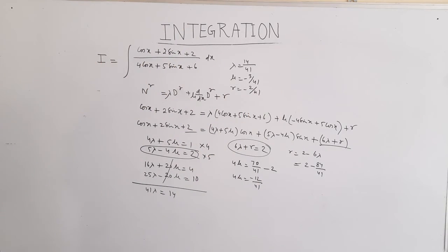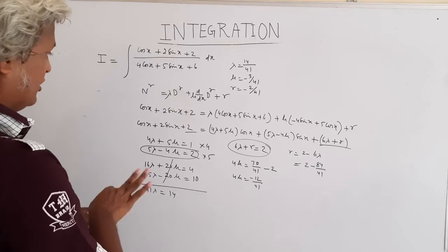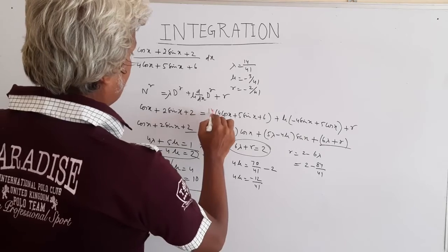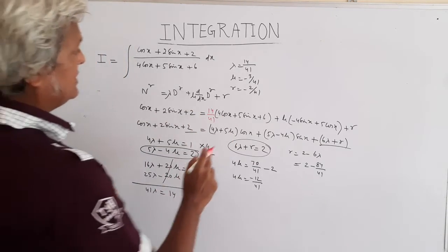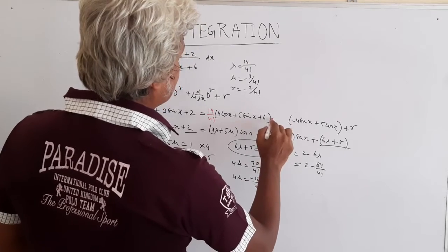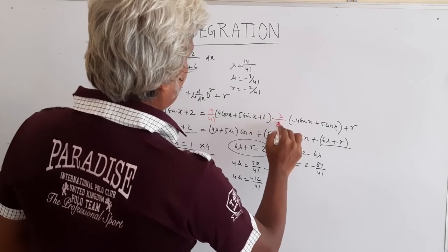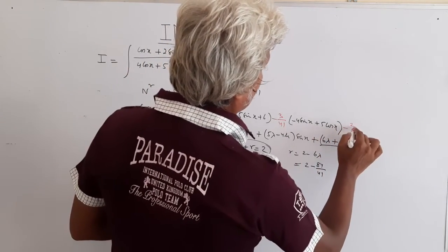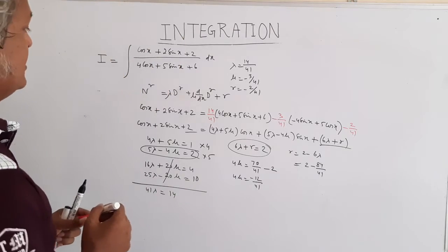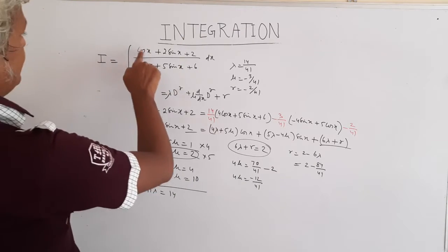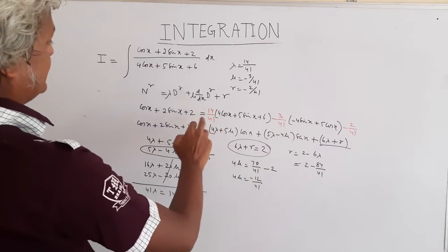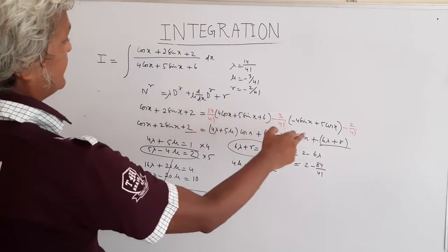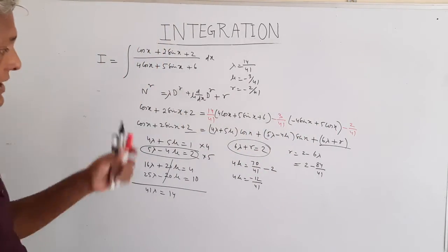So now in our given expression, I have to put the values of all these three into this form. This lambda will become 14 over 41, this mu will become minus 3 over 41, and this r will become minus 2 over 41. So again we have to replace the numerator by these 3 values. The first value will get cut because of the denominator, then second you have the differentiation. The third one will be a little different. Let me clear the screen and then I write.